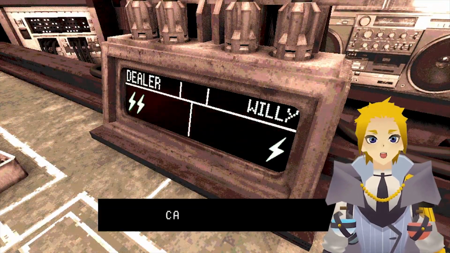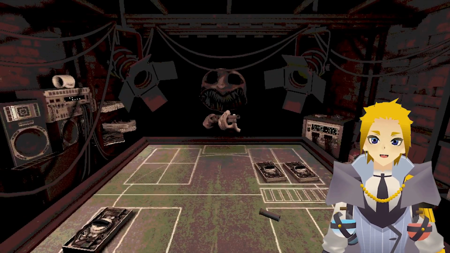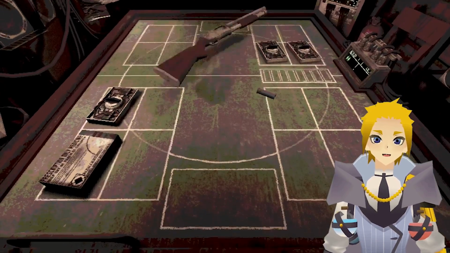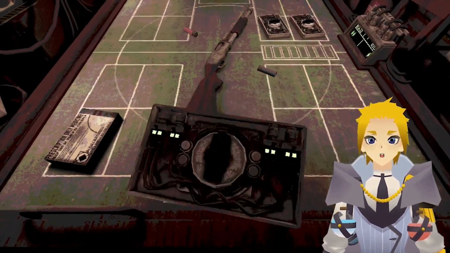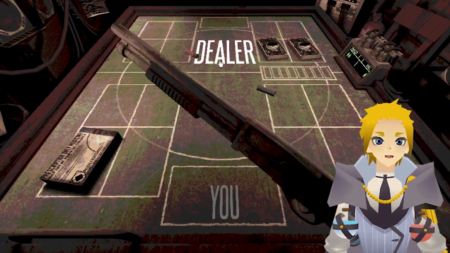Now, beating the game once unlocks that double or nothing mode, which is an endless mode where after 3 rounds you have a chance to double your score. The score seems to be random. I don't know what values it assigns to whatever you do,